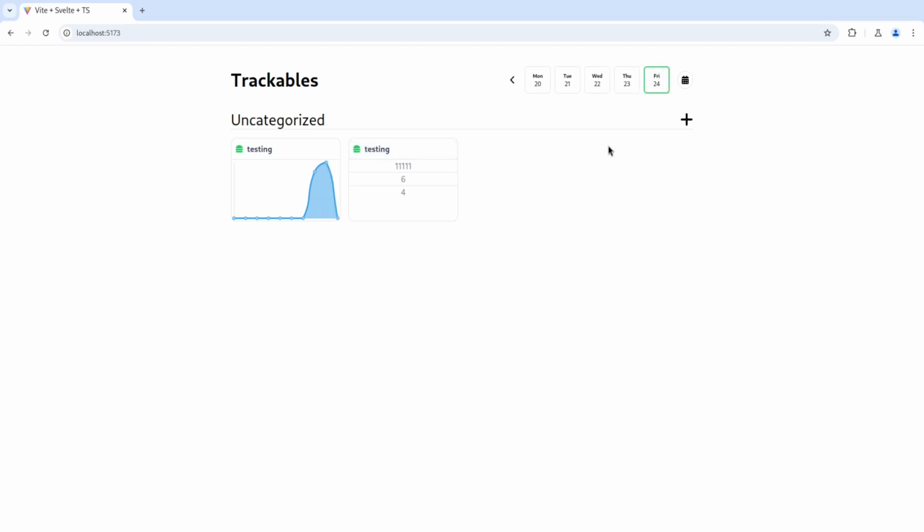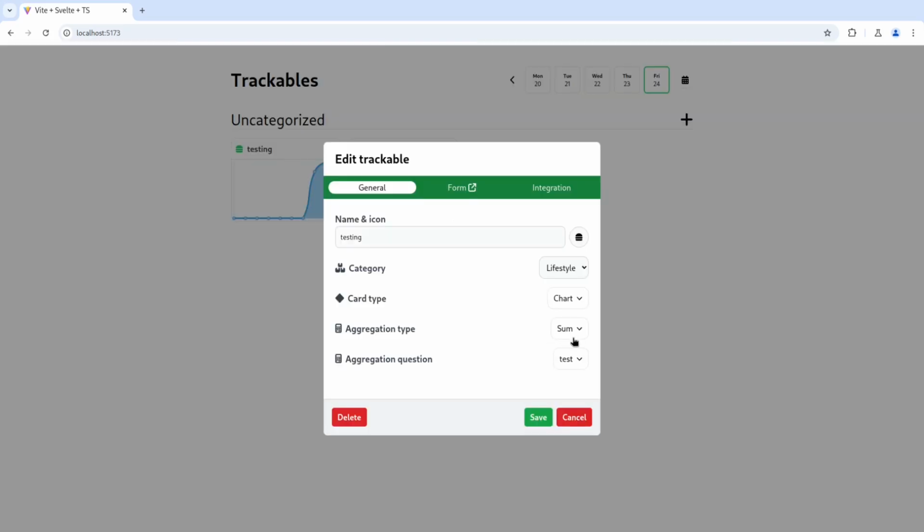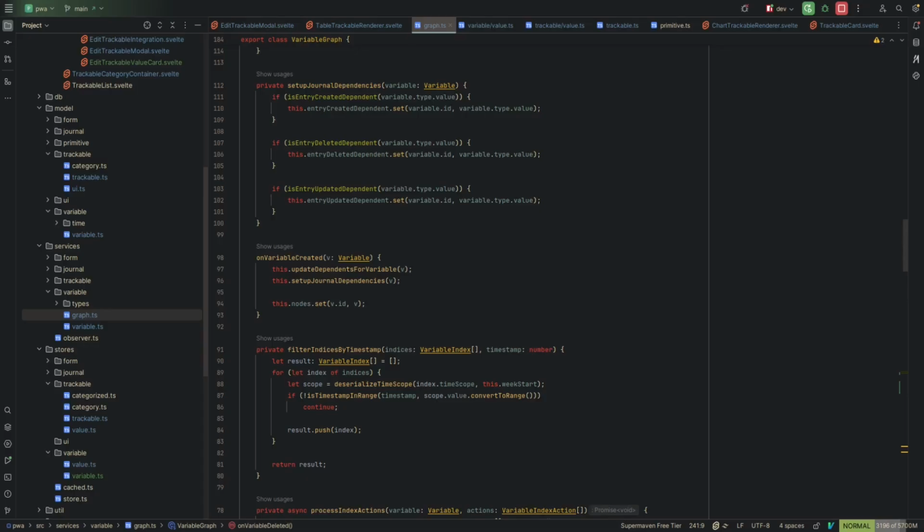Presumably it sums up correctly. So all of that is pretty nice. Now we can change which question we want to show on these cards, which should make it really useful for the user. And this was quite a lot of work to get working actually, because we needed a way to